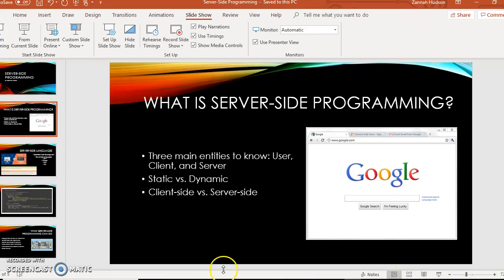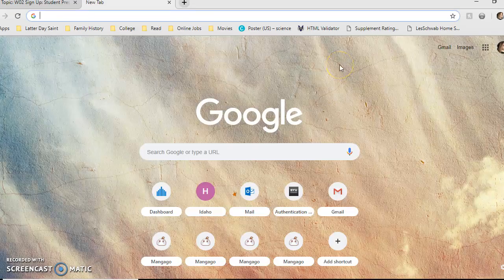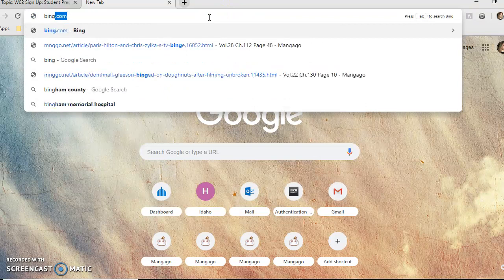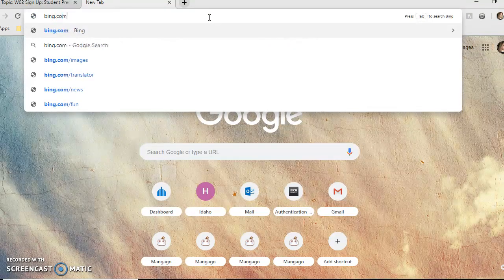I'm going to bring up Google Chrome, and I have opened up the Google web browser. And what I'm going to do is type in the URL that I want to go to, bing.com. Nowadays, when we type in a URL, we no longer need to type in the entire URL, just a portion of it. The client, which is Google, will forward this request to the server so that I can access their